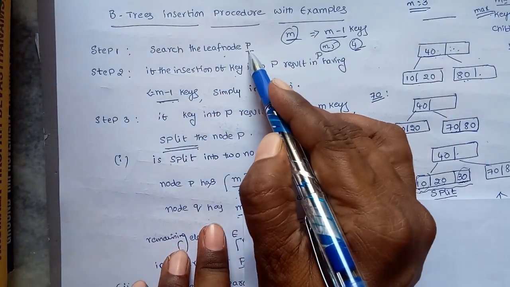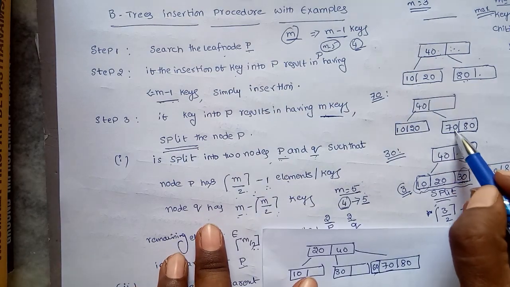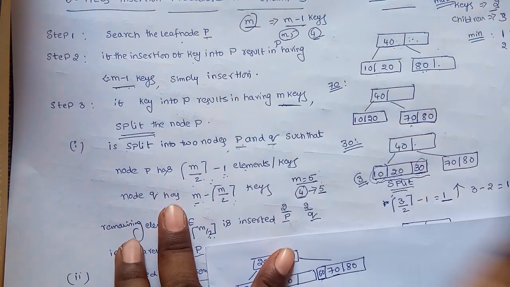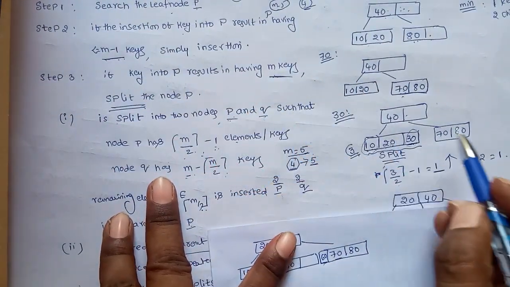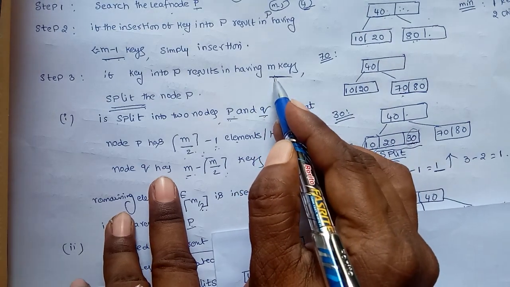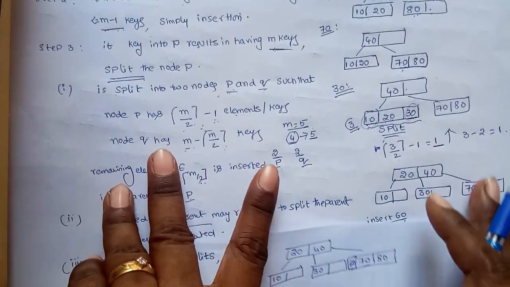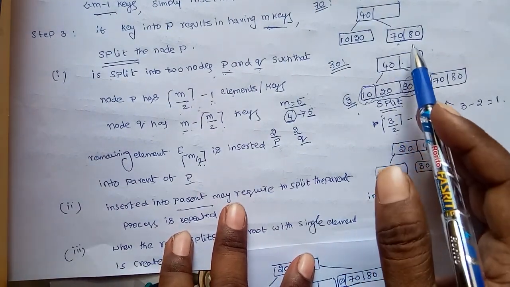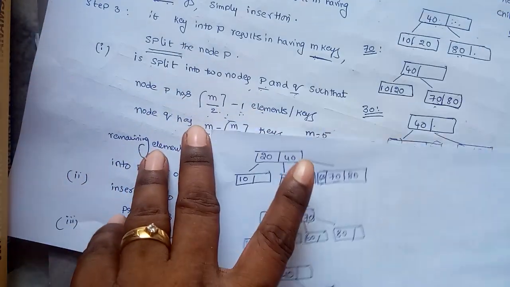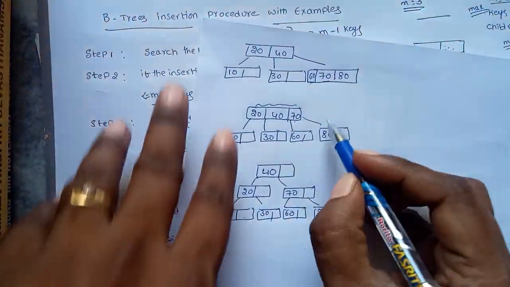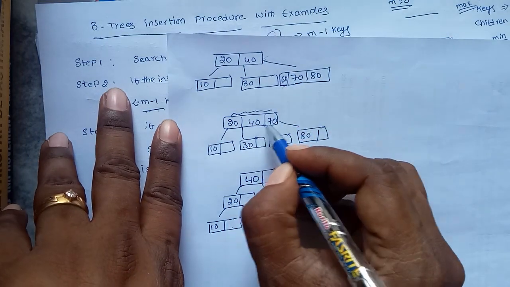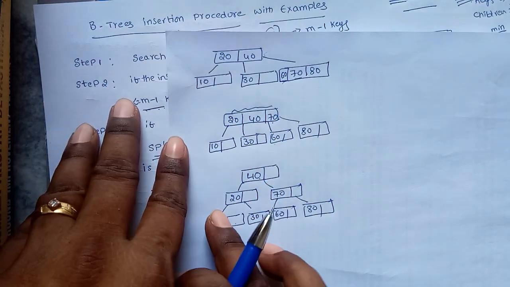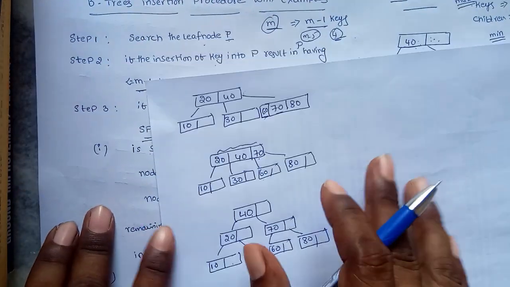So the leaf node is identified. After insertion of 70, no problem, and step 2 is completed. Coming to step 3: after insertion, if the number of keys is m, perform the split operation. After splitting, move the middle element to the parent. Split into 2 nodes, and the middle element is moved to the root. If, after moving to the root node, the root node again violates the property, the root node contains a single element, making a left subtree and a right subtree. This is the insertion procedure.